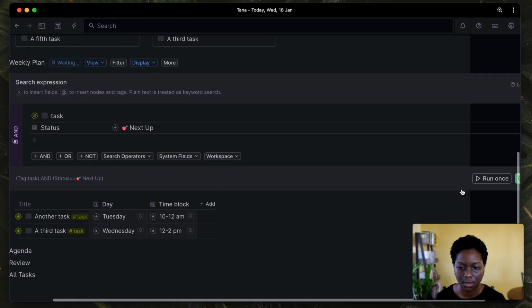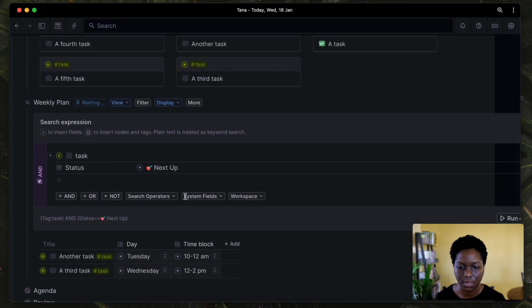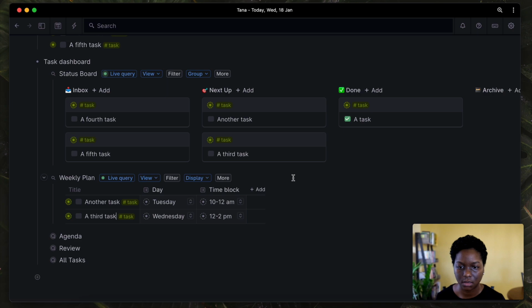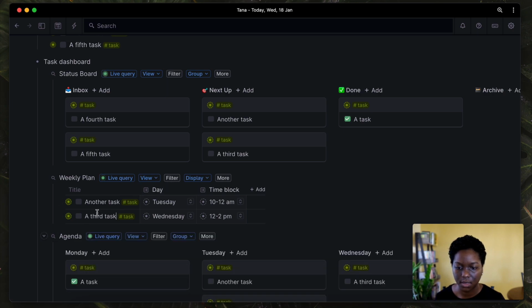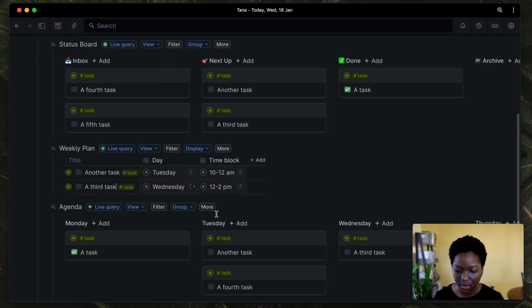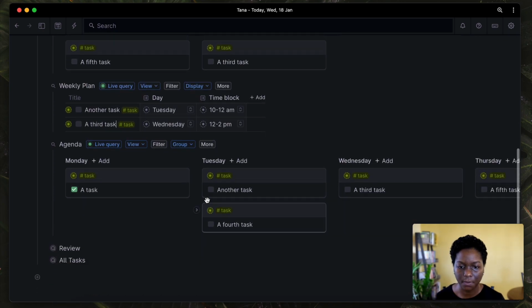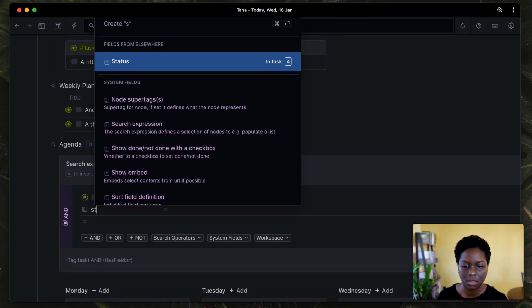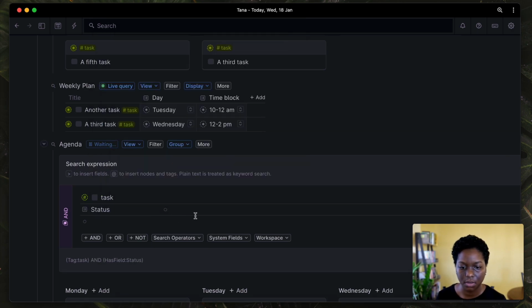I'm going to run this and we'll see that these two tasks are what comes up, which is correct. And let's go on down to the agenda. I want my agenda to only show me everything that is next up